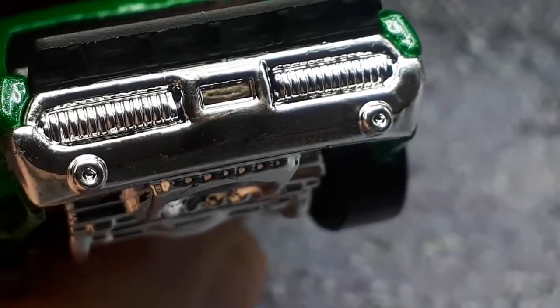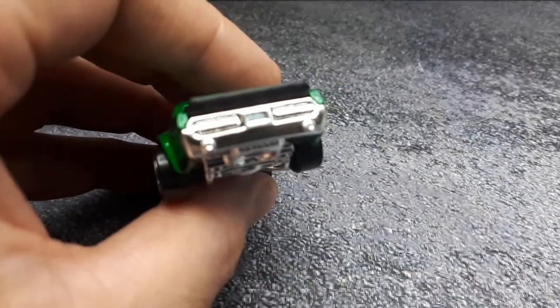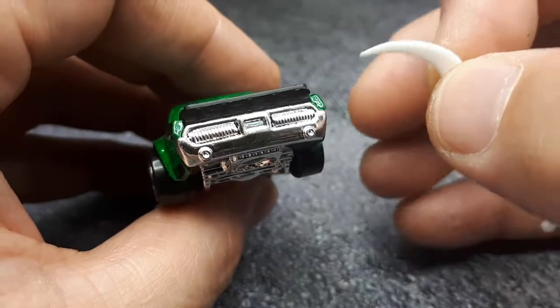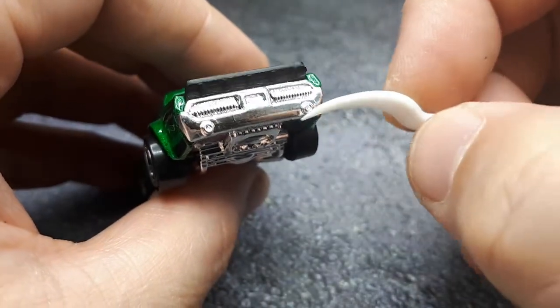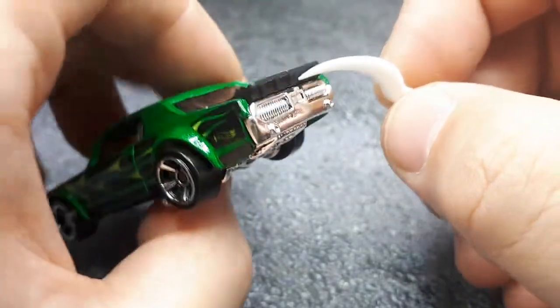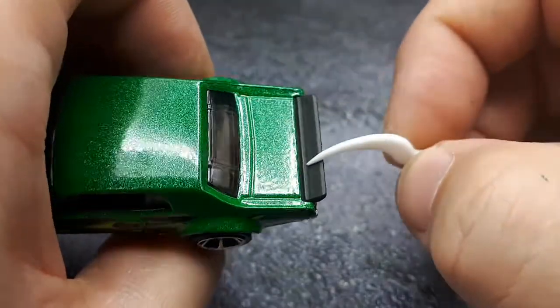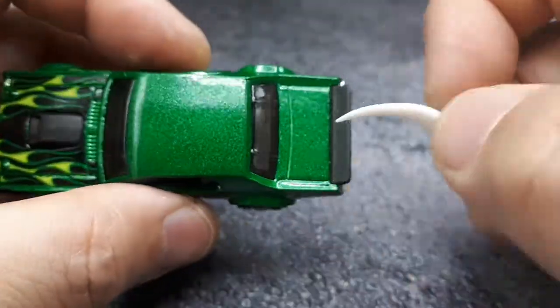It's just a weird chrome stain. You know how they chrome the plastic? Maybe it pooled or something there. And then, yeah, again, just white lenses and these little dots there. Maybe those are backup lights. So this rear wing is that same black plastic, I think, of the interior. You know, it's not shiny or painted, so...